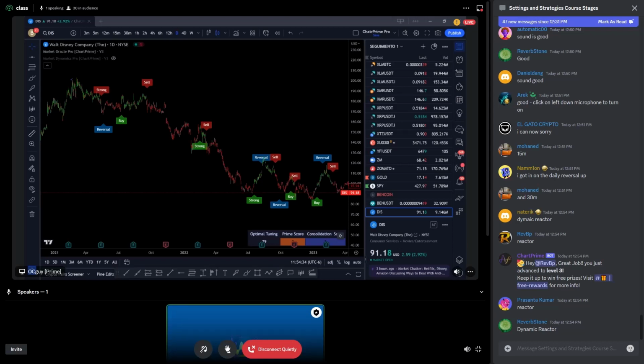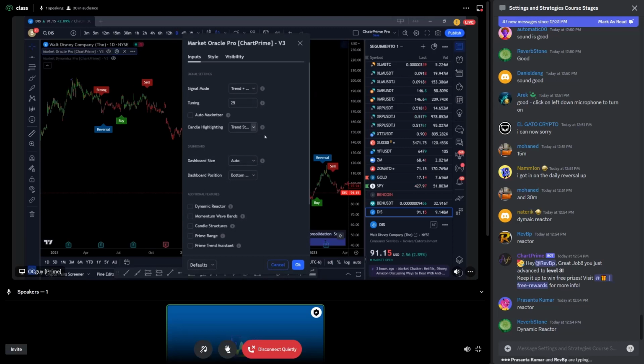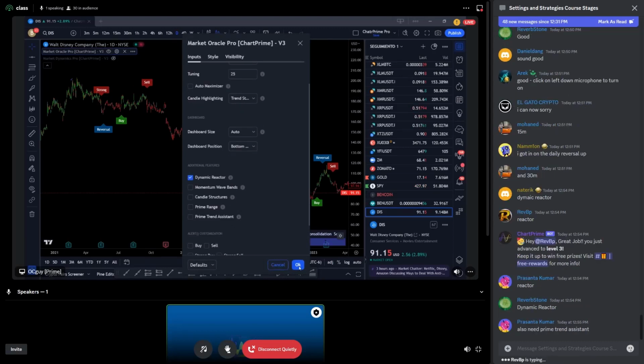So yeah, we are missing the Dynamic Reactor. That's what I'm having a hard time figuring out, whether I should be adding or reducing out of this 29, right? I just wanted to make that example because that is what most of us go through when we're new at this indicator. We go here and then we look around a little bit lost and think, but what now, right? So for that, I'm gonna be adding my Dynamic Reactor in here, correct?